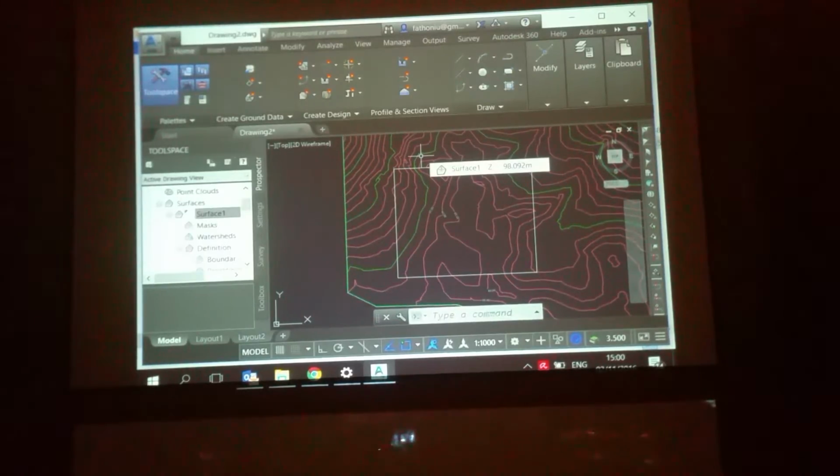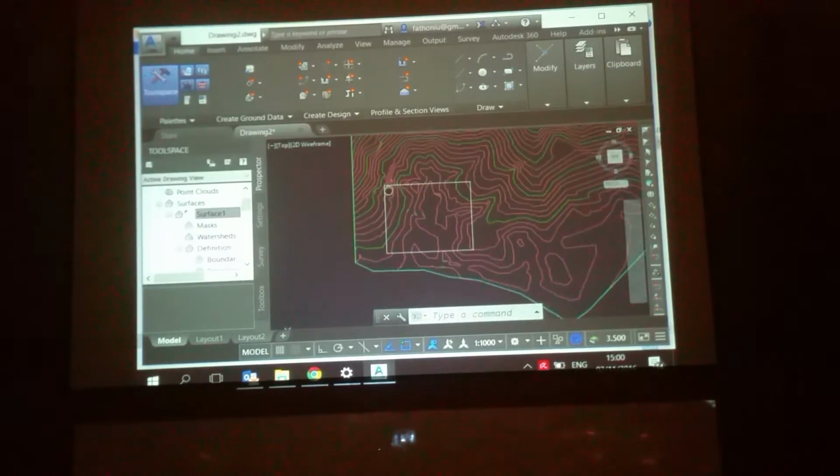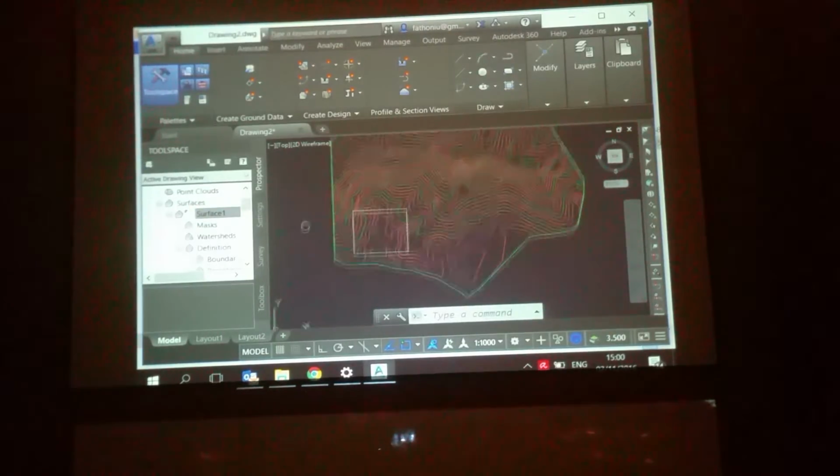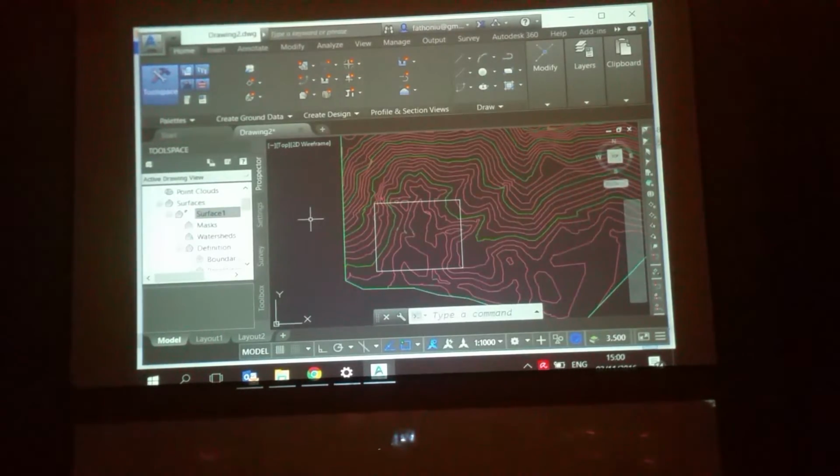So the building location will be placed, right? Depends on the surface profile. Okay, then after that, the geotech starts to do the SI, right?